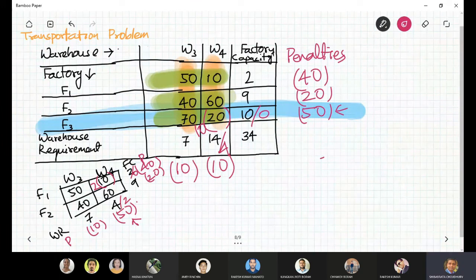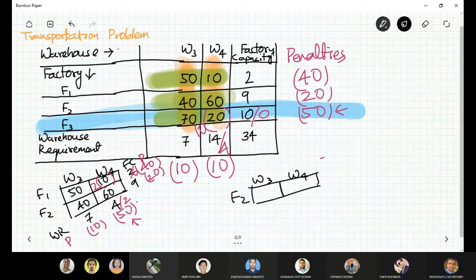Okay, now the next one is W4. Okay, so how much is over here? This is 40, this is 60. Okay, and then after, the factory capacity is 9, the warehouse requirement is...